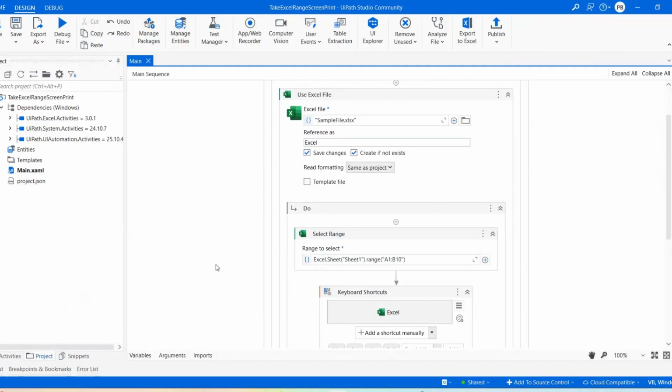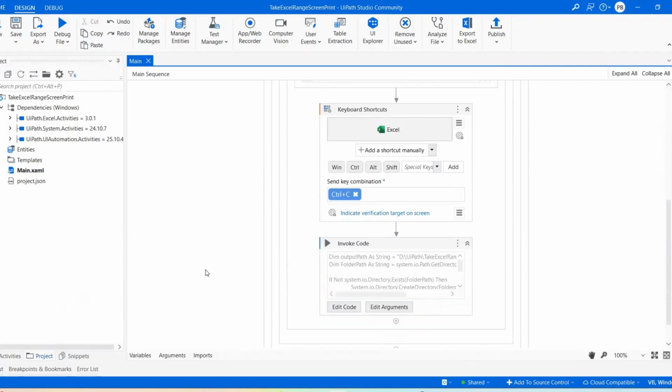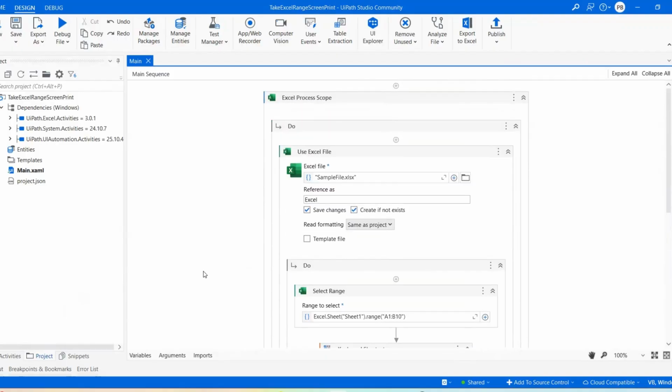It depends on your requirement. But that's how you do it without VBA, directly in UiPath. So I hope this helped you understand how to capture the screenshot or images from your UiPath using the modern activity